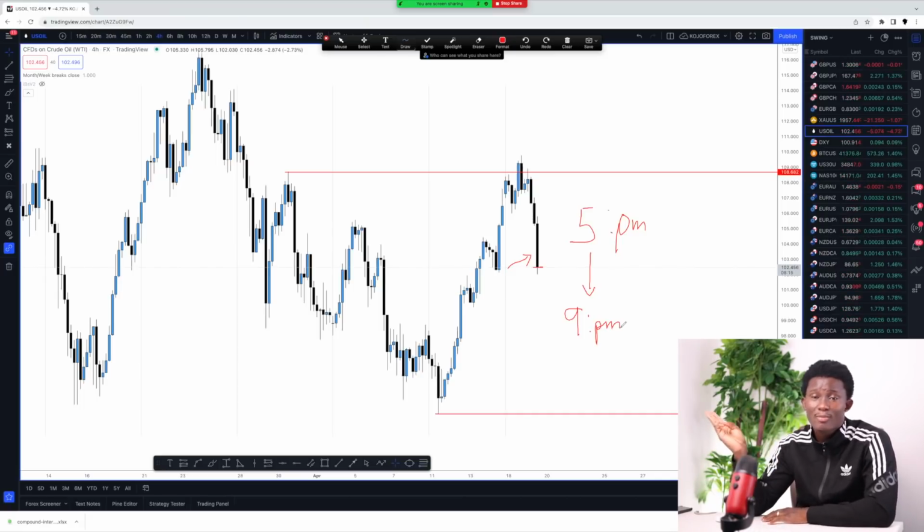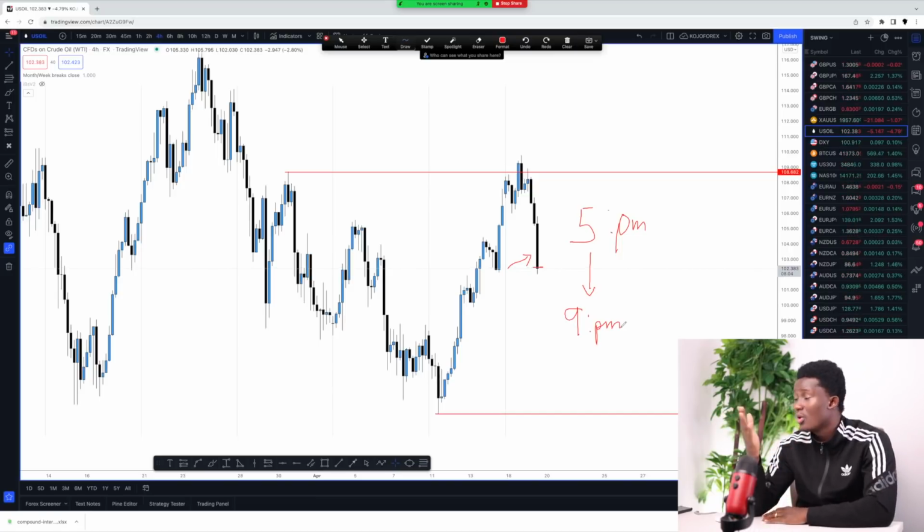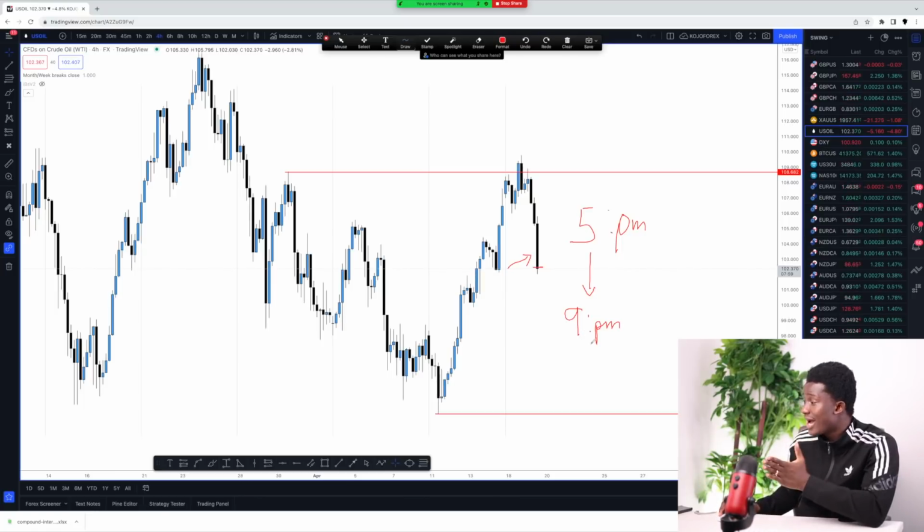But that is what I'm particularly talking about, that is going to be running in the Asian session, which we all know is characterized by low volatility and high spread. So I get to have my good night's sleep while the market runs through till the London session. So 4 hours from 9, what do we have? Basically 1 a.m. as well, right? Which is still predominantly the Asian session.